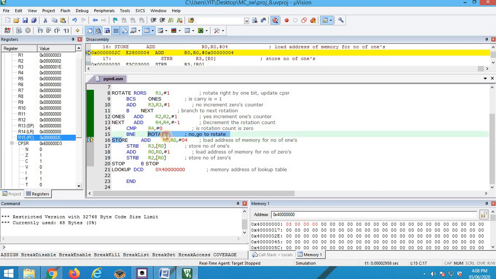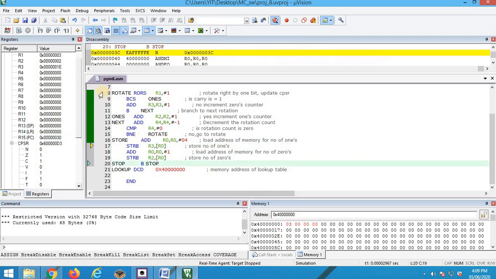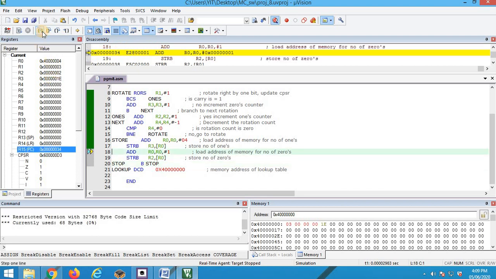We go here, store. What do we do? Add R0, R0, 4. So right now pointer R0 is pointing here. Next, STRB byte R3, R0. What is there in R3? 1E. So 1E is stored in the next byte. We are storing the byte.